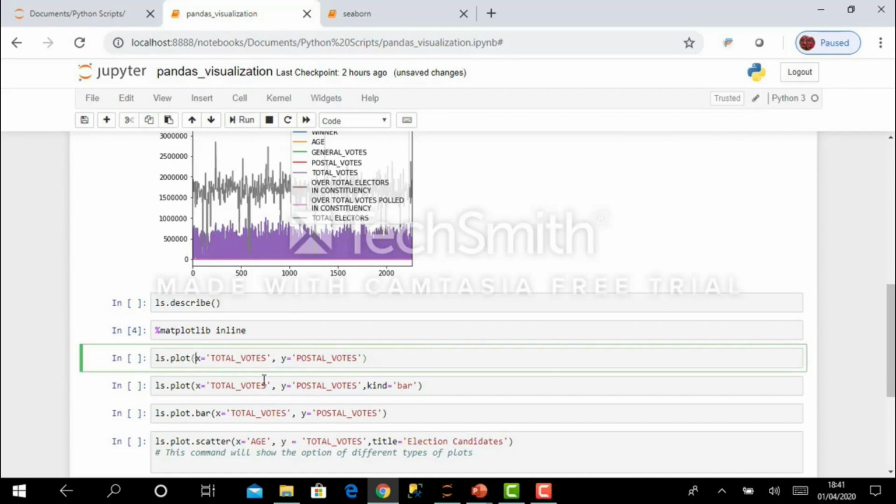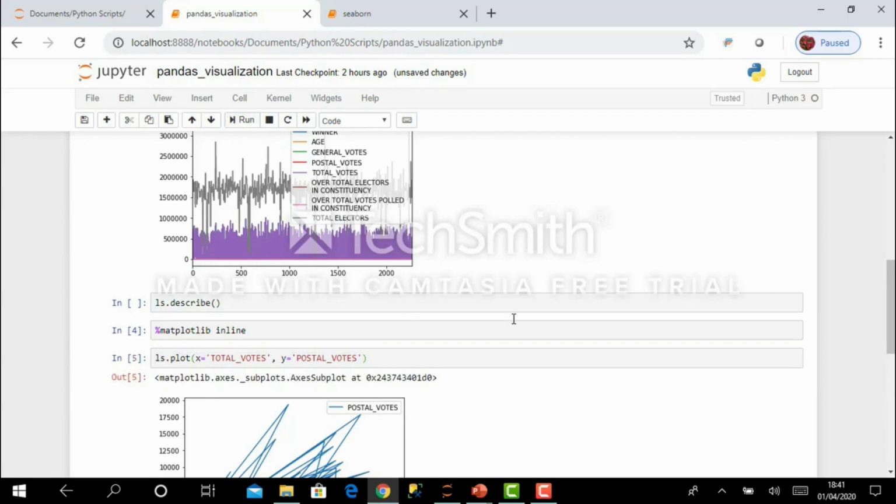Now it is a specific thing. Now I am calling the plot method, but here I am sending the x and y values, because otherwise if it is too generic, then it is not useful for me. My purpose is to plot the number of postal votes against the total votes. So let us execute this.